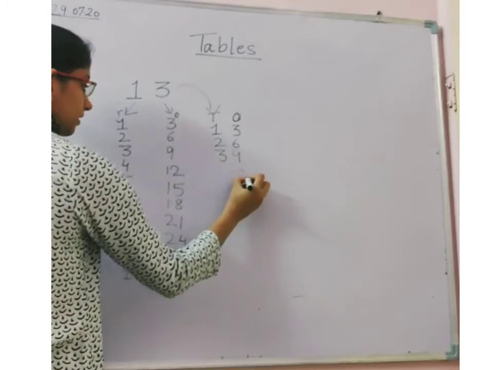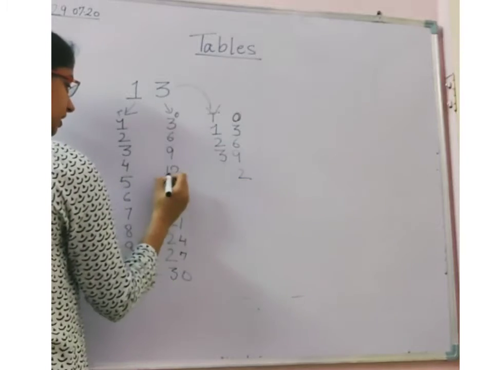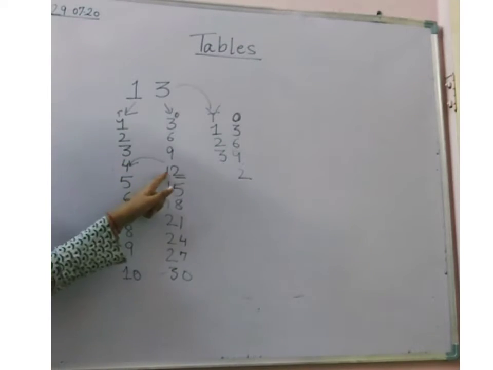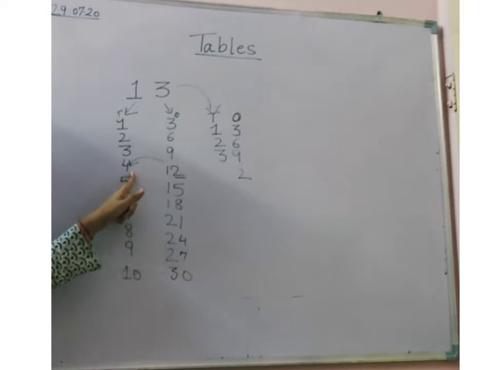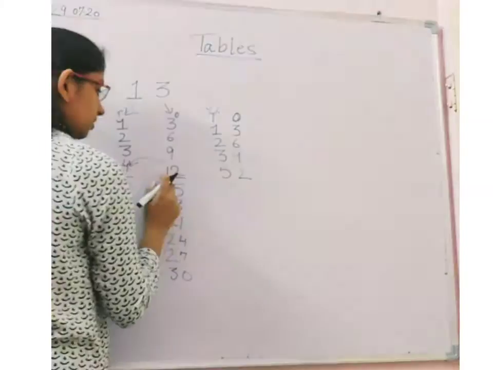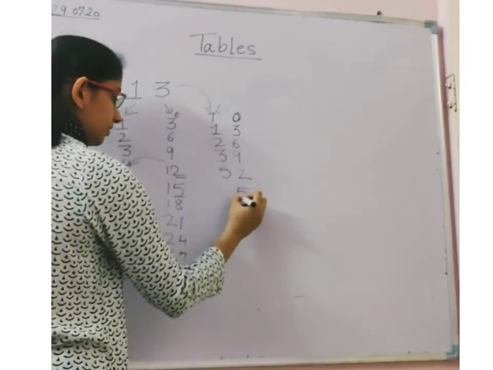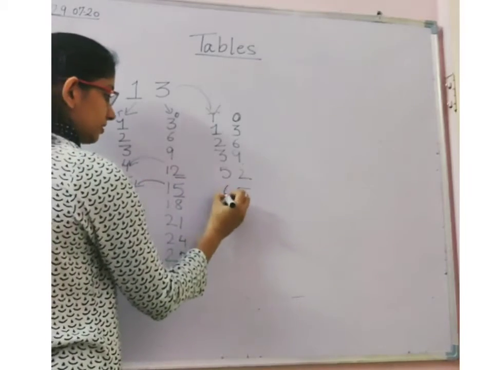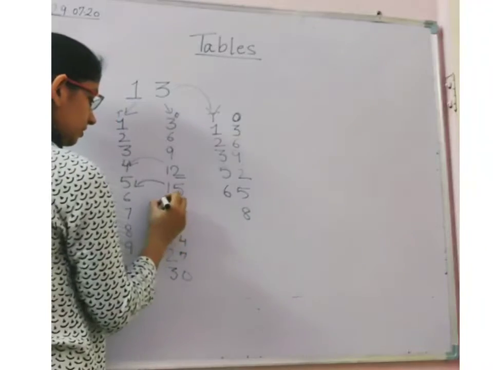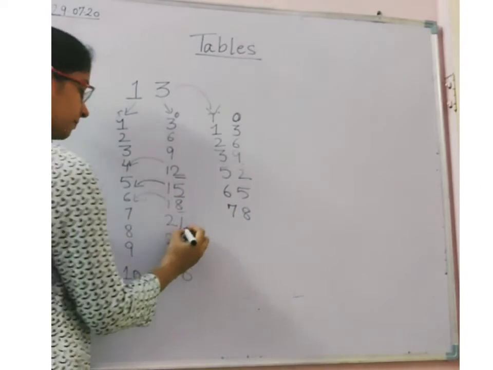2 and now I have here 12. So this I will take as ones and this one I will add to 4. I repeat, this one will be added to 4 and what will be the number formed? 5. So what is the answer? 52. 13 fours are 52. Again 5 will be written here. Add 1 to 5. 65. 13 fives are 65. 1 will be written here. 8 will be written here. Add 1 to 6. 13 sixes are 78.